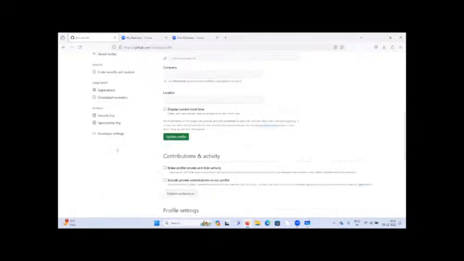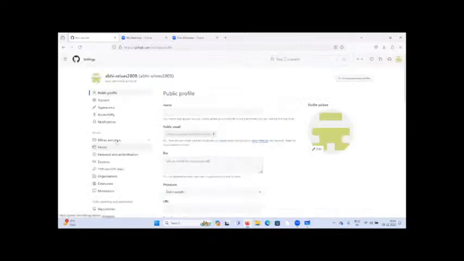Here you are going to see a lot of options available, a lot of configurations that you have to do. If you want to become an open source developer, you want to contribute as an open source developer, you want to make a profile on GitHub, which is a very good thing for a software developer or software engineer. In that case, you can just add details to your profile, and then it can gain more popularity, and you may be directly